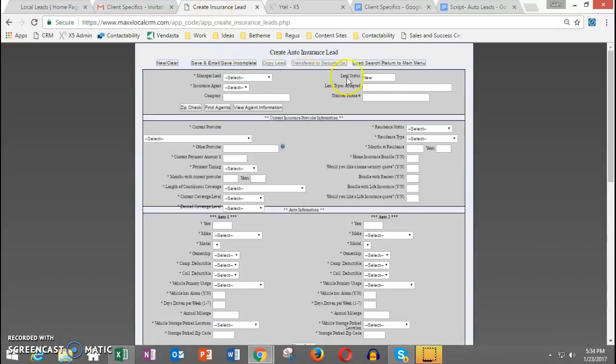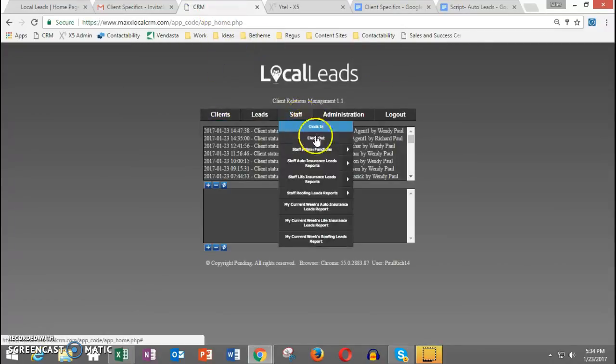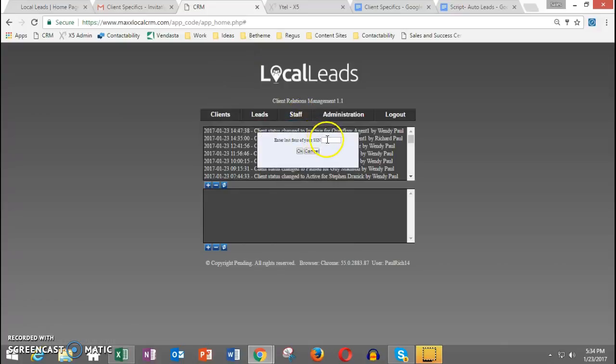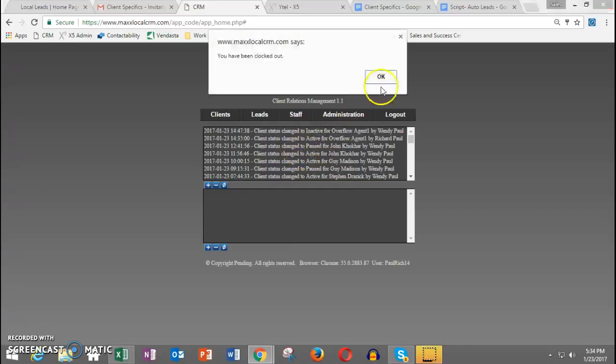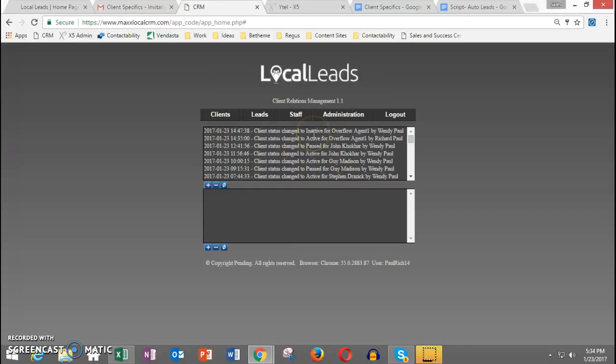And then the next thing you need to do is when you're done with leads in the CRM, you need to clock out. So again, you got to go in and type in the last 4 of your social, clock out, and then it'll say that you're clocked out. It'll give you a confirmation screen. So those are really, guys, the main screens you're going to have open each day. You're always going to have your CRM open. You're always going to have your dialer. You always have client specifics, and you always have your script. Those are the 4 main screens that you need to have each day in order to generate leads effectively on an ongoing basis.